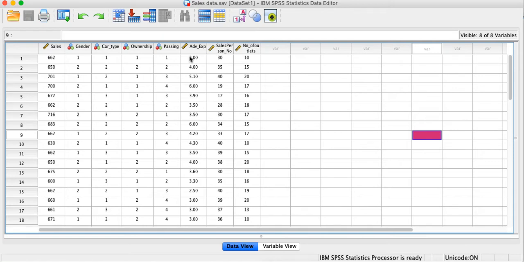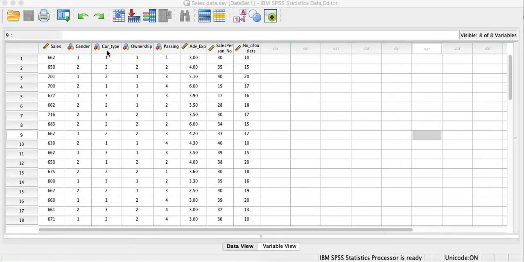Now for the t-test, sales is the dependent variable. If I take gender as the independent variable, it must have two categories. Of course we have two categories here, male and female. But car type has 1, 2 and 3, which means three categories, so we cannot take car type as the independent variable for a t-test.